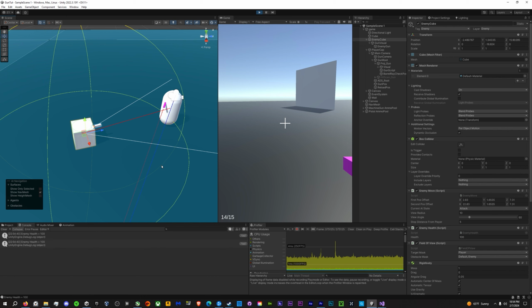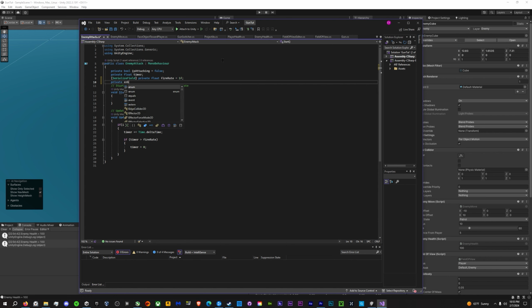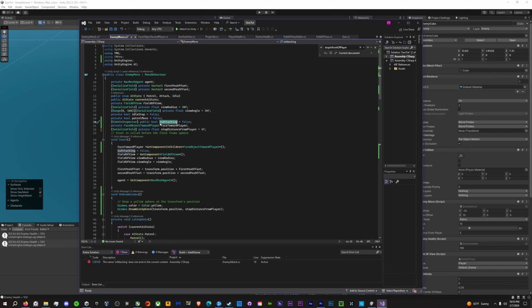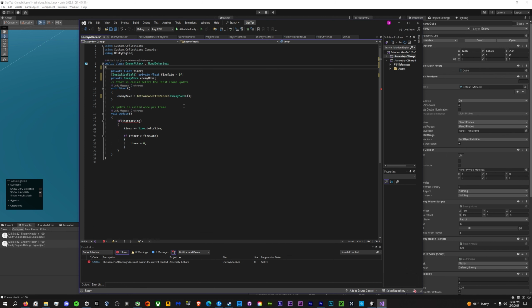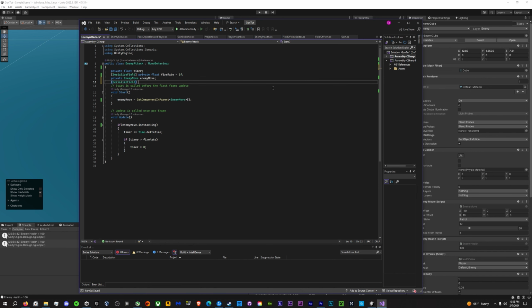Awesome. Now let's go back to our enemy attack script, and we're going to do private enemy move. Then we're going to get our component from the parent of enemy move. We're going to get rid of this is attacking because we're going to call it from this script. So just put enemy move in front of is attacking, and then we're going to make a serialized field, private game object and